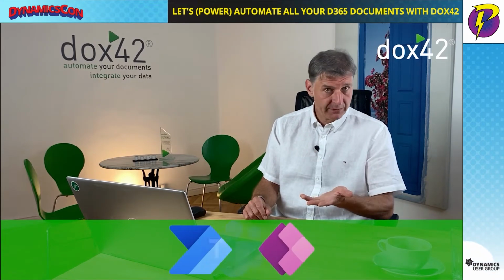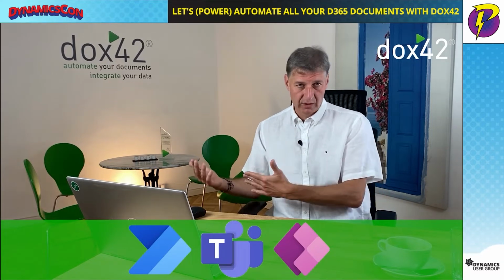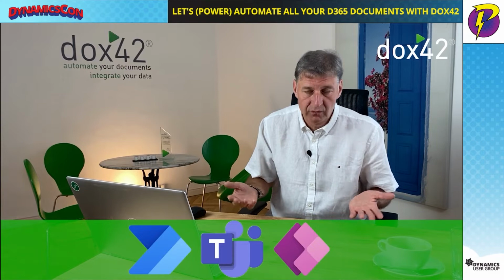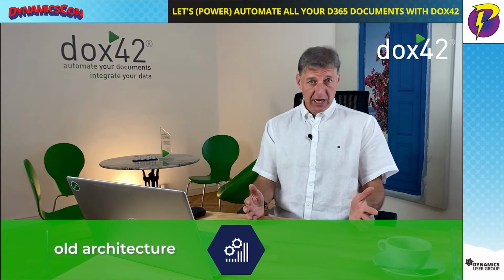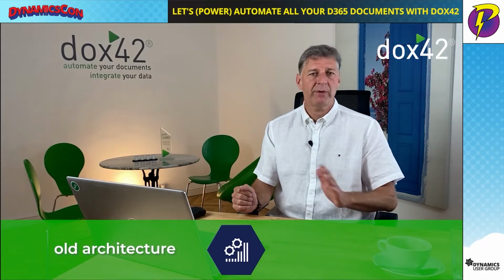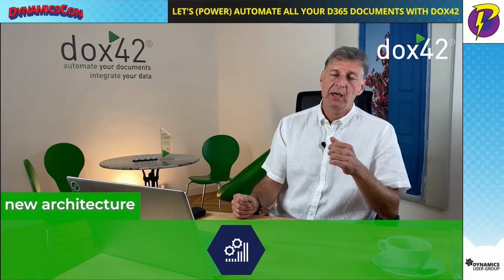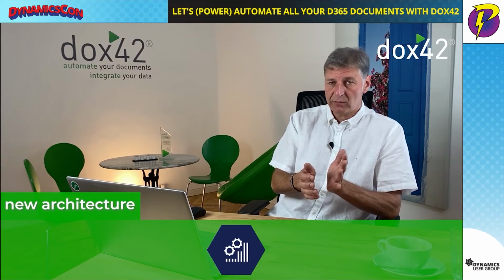Another example is Microsoft Teams. You can use Microsoft Teams as a universal front door for all of these applications. And the adoption of Teams is great for good reason. Let's compare the new and the old architecture. In an old architecture, a customer would say, I have my AX and I'm running everything from there. I'm doing everything from AX, period. In a new architecture, the same customer would say, I'm using Dynamics 365 Finance and Operations for ERP, for example,